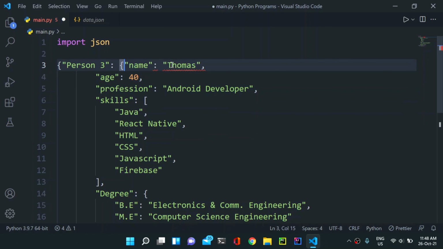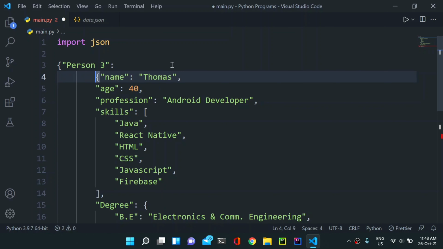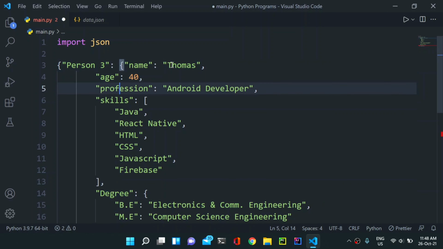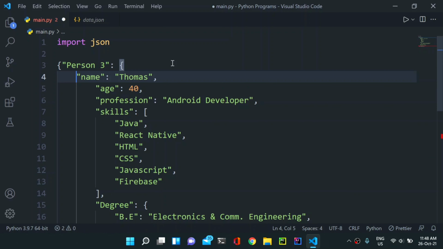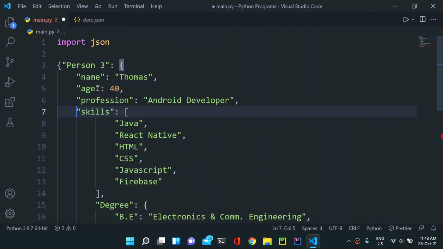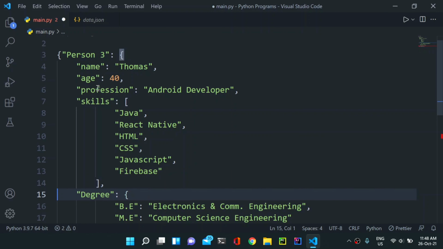Okay, here we want this. Okay, so let me just have a look at this. There is some problem over here. So we have this name, we have this age, we have this profession, we have skills, and we have these skills here. Now we have degree.